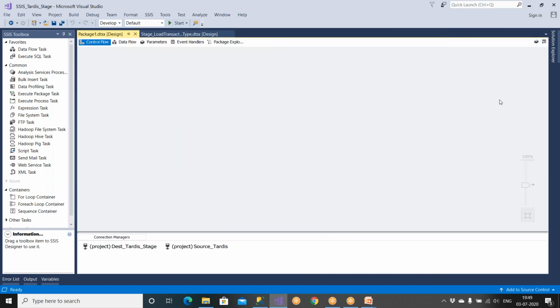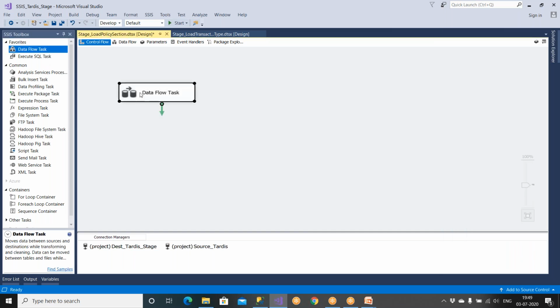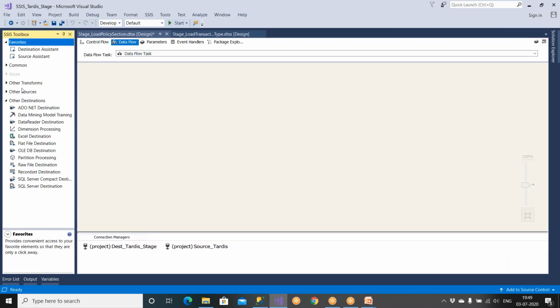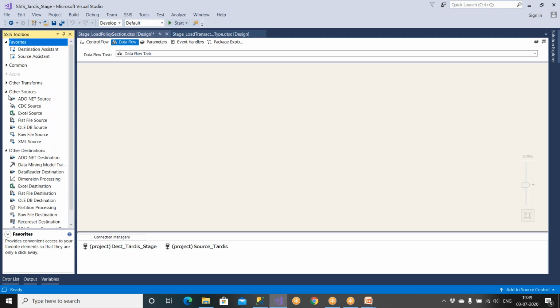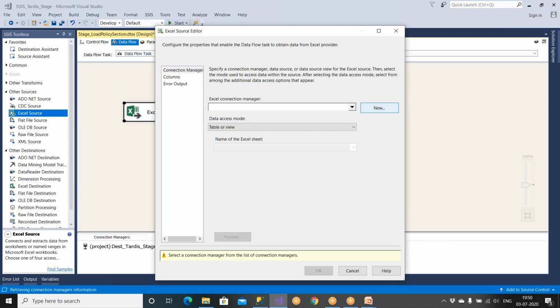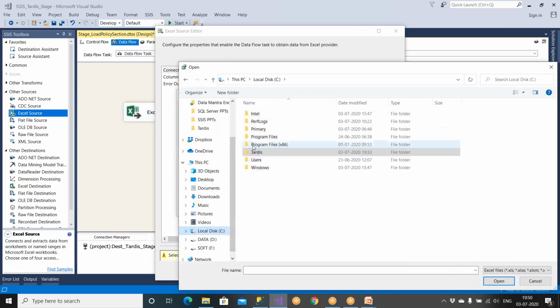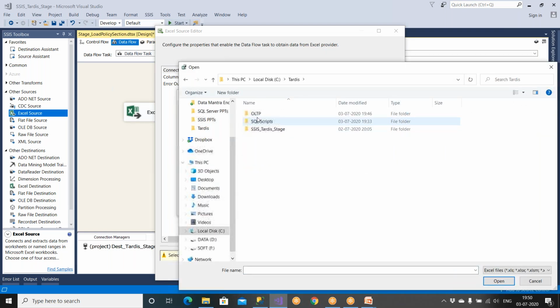I click on this. Let me create a new package and rename it, say stage underscore load policy section. Clear? So go to flat file, double click on this. We are getting the data from source, which is Excel source. Now double click on this connection. Where is my Excel file? Go to browse. My Excel file is available in TARDIS. Go to OLTP. You can choose any one of the files, this one or this one, but strongly recommend choosing the